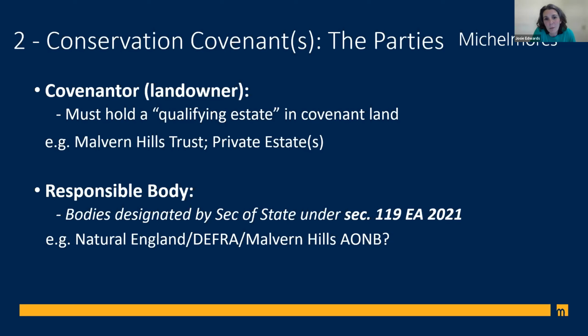So it's clear from section 119 that local authorities can be responsible bodies, but also other public bodies or charities or private entities, provided that they have mainly conservation related functions or purposes or activities. So the definition encompasses certain for-profit companies, provided they have that conservation focus. Organisations will have to apply to be designated. They will have to decide whether they feel they have the capacity to perform the functions of a responsible body. And we know that the Secretary of State is going to determine the criteria to be applied, and the applications will then be assessed by reference to those criteria.